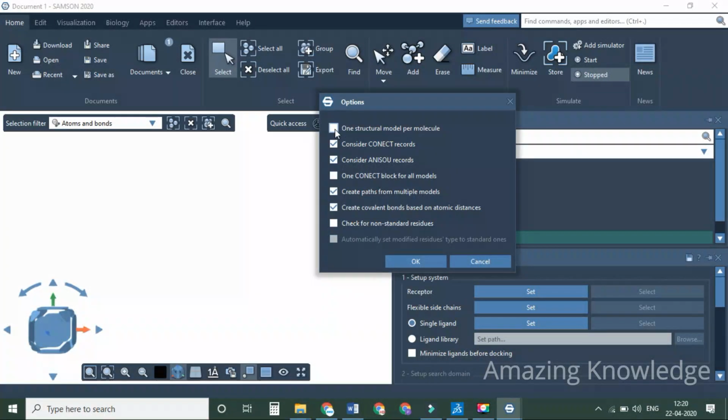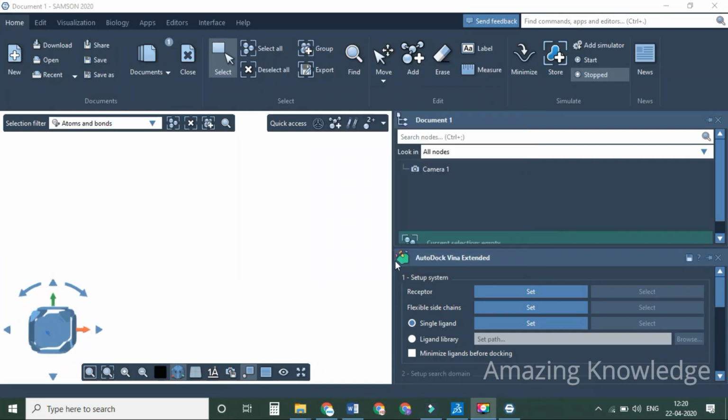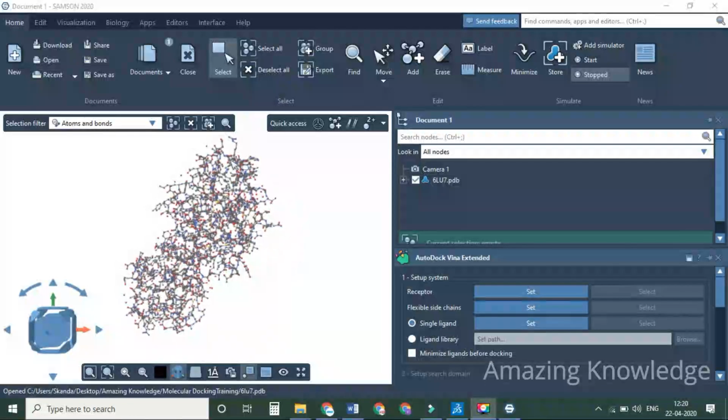One structural model per molecule creates a separate structural model for each molecule in the PDB model. These are the general options it asks. You click OK. Once you click it, you can visualize the protein here. In the document tree, the 6LU7 PDB is loaded.